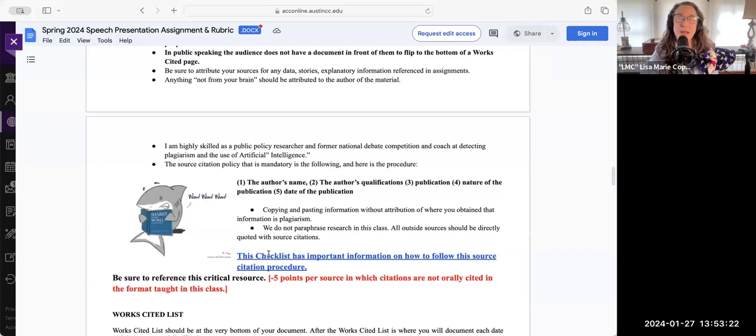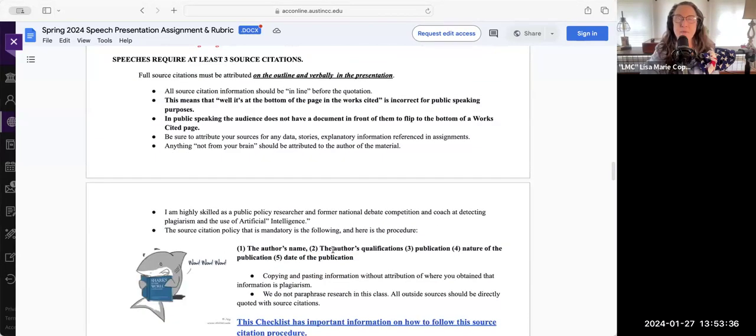I've literally taken examples from past student speeches and I've given you options. I am not saying you must do it exactly this way. People have different ways they like to do it. Some people like to bold the author's name, the qualifications, the publication, the nature of the publication, the date. Some people like to underline it and then bold the quote, but you'll literally say, according to Professor Capoletta, who